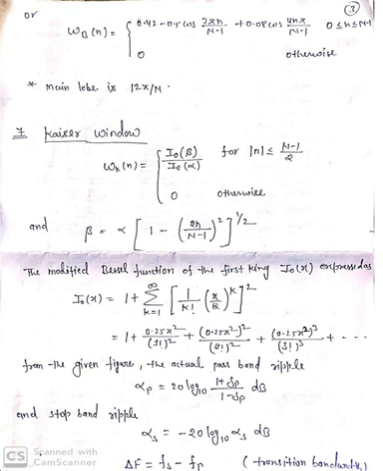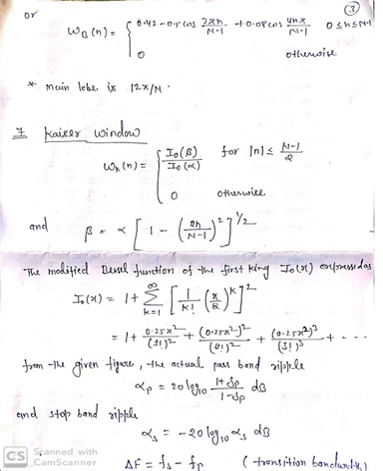A desirable property of the window function is that the function is of finite duration in the time domain and that the Fourier transform has maximum energy in the main lobe for a given peak side lobe amplitude. So in a Kaiser window, the side lobe can be controlled with respect to the main lobe peak by varying a parameter alpha, as you have seen in the derivation. The width of the main lobe can be varied by adjusting the length of the filter. So the Kaiser window function is given by